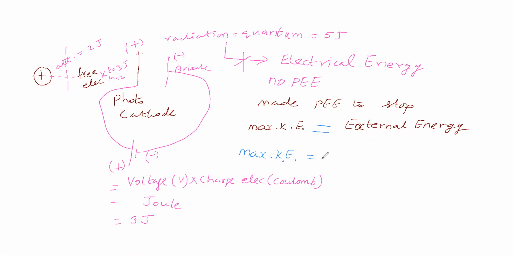This voltage, we will call it a potential. The unit is volt. This is multiplied by the charge of the electron. The charge of the electron has the unit coulomb. Now you say that this battery has a potential difference.